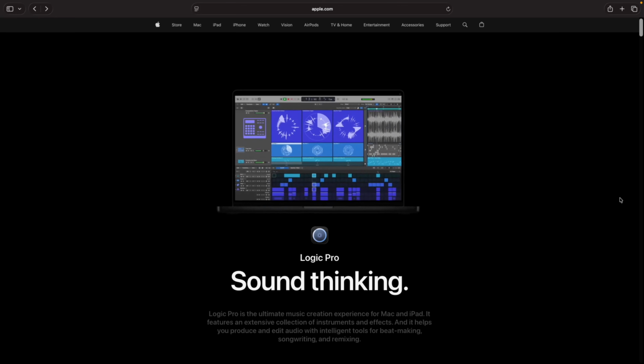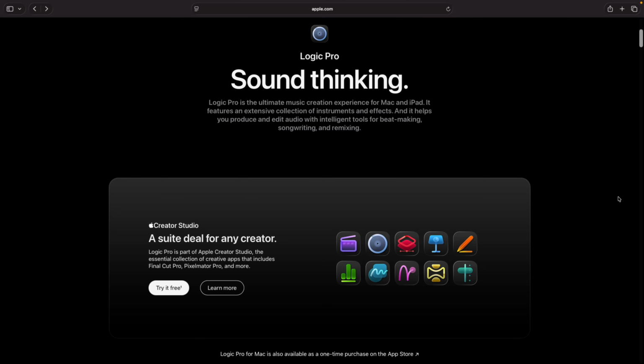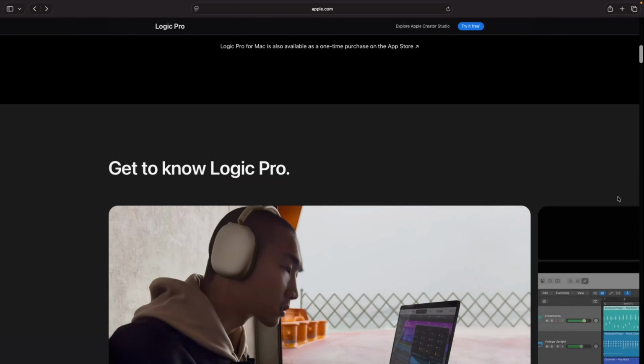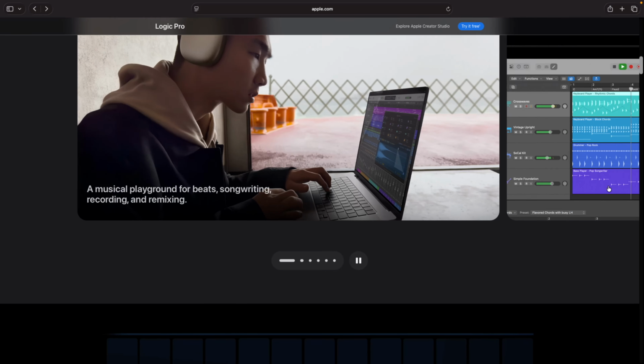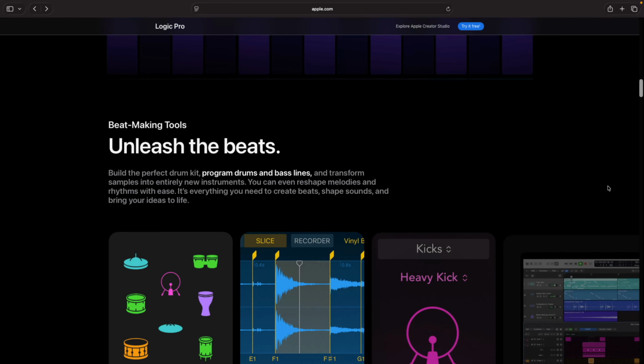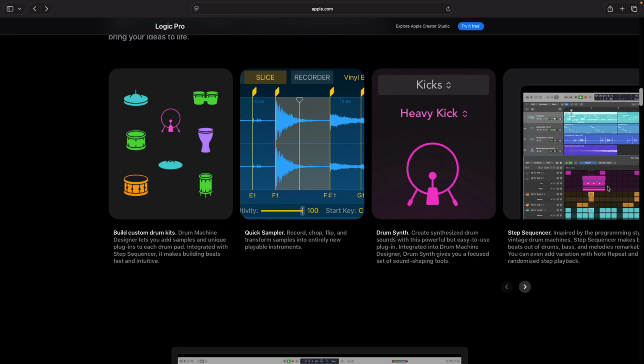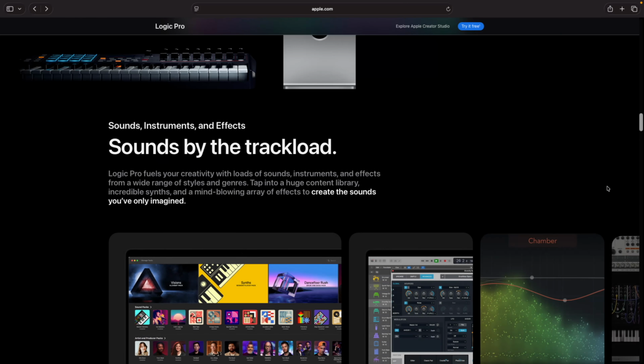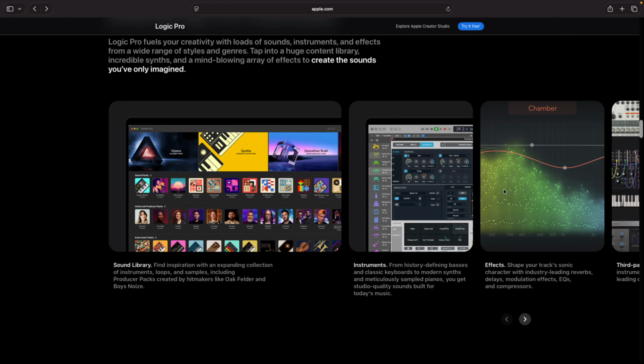So Logic has done it again. They released their new Logic Pro 12 update, and I gotta say it's quite impressive. This update has a new chord progression detector, new synth and bass session players, new sound libraries and loops. They even bundled it with Final Cut and MainStage and other programs for like $13 a month, named Creator Studio. I'm just gonna cover some of the new features that I found the most helpful in Logic, so let's